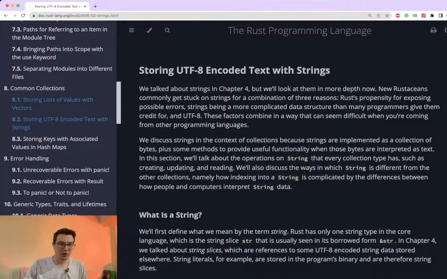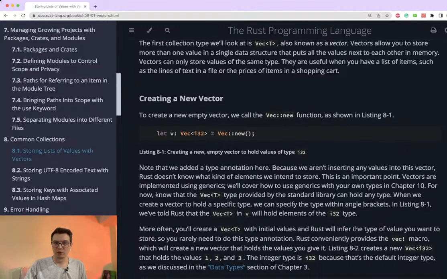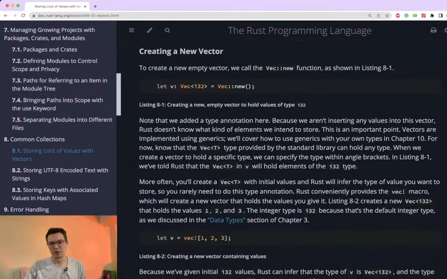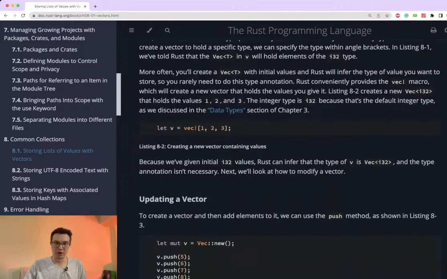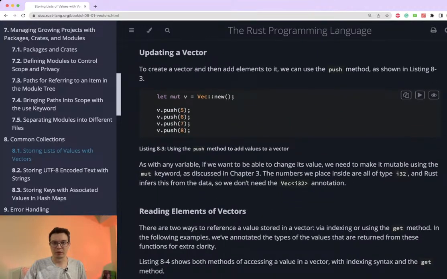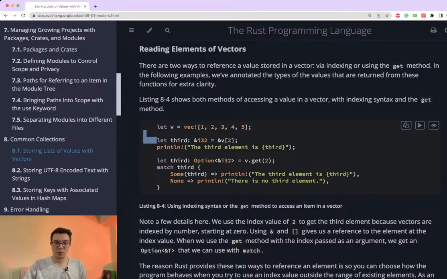So, as usual, let's quickly take a look at what we read yesterday, and this is storing lists of values in vectors. So we found out about the vector. We also found out there are many vector data types in the documentation for different purposes, and we can create a vector from the standard library. We can push data for mutable vectors. There is an unsafe way to access the index,